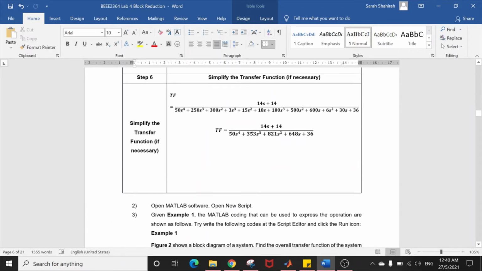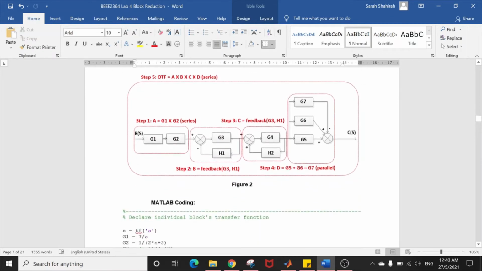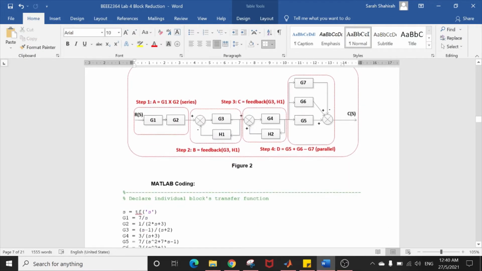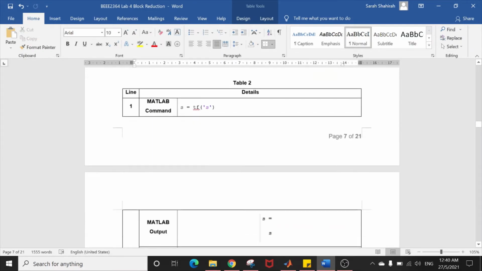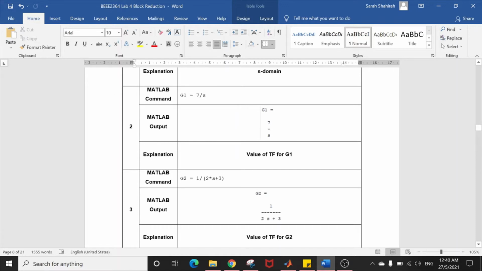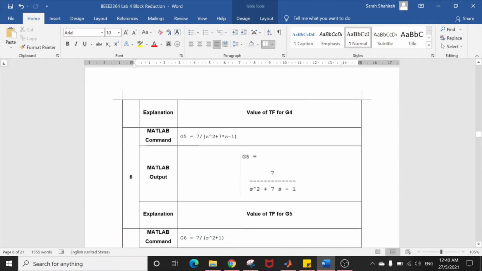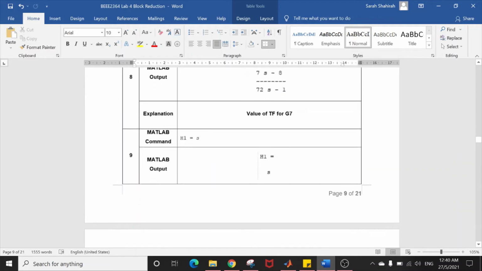And then the next question is the example for MATLAB coding, and we're getting the result as S is referring to the function of S, which is S domain, and G1 is the value of the function of G1, which is S over S, and this is the value of the function G2 and G3, G4, G5, G6,